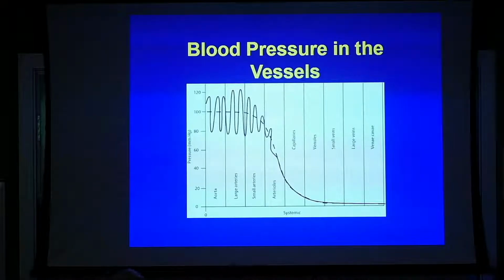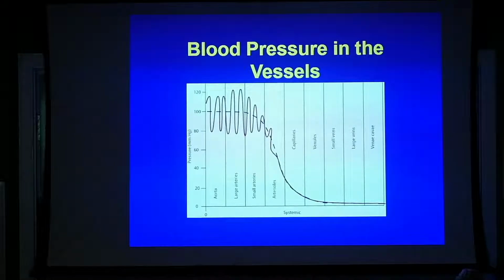Remember we said early on that the return blood flow to the heart, whether it's to the right side or the left side, that return blood flow is always a low pressure return. And the reason it's a low pressure return is that as the blood flows through these tubes, that energy that was first imparted to the blood by the contraction of the left ventricle, that energy is dissipated through friction along